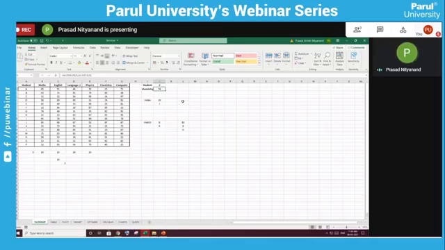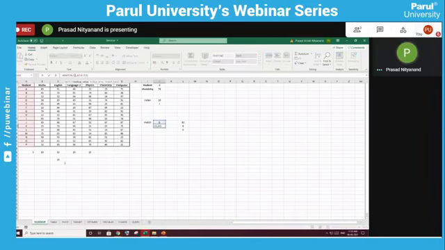Next, to teach you about the INDEX and MATCH functions. Basically we can say the VLOOKUP function is an integration of the INDEX and MATCH functions. So what is the MATCH function? The MATCH function will give you the position number of that particular value in that list. So suppose we want to find the match of G in this list. What will it mean? It will mean that in this list, starting from 1 up to 17, in what sequence G is coming. So what is the number of G?